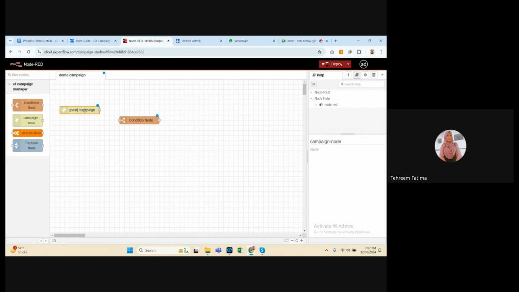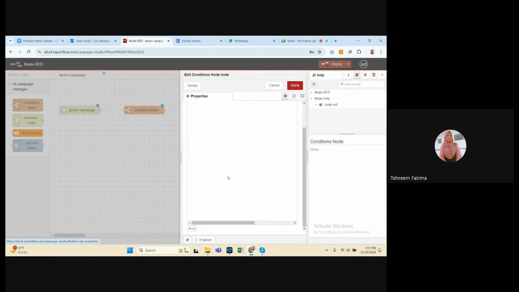For example, businesses can design the flow on the basis of some condition. Let's suppose I am going to configure the condition here. You can add as many conditions as you want.